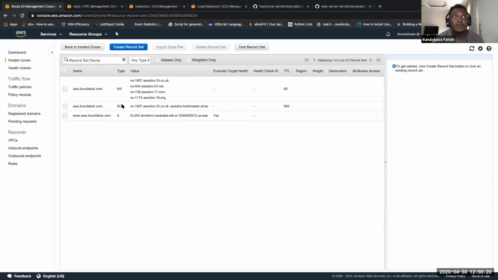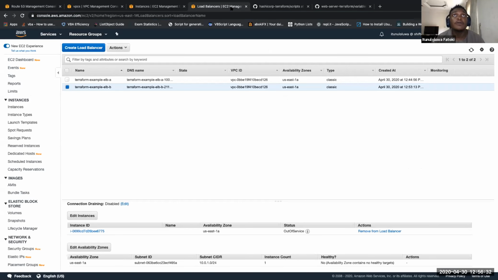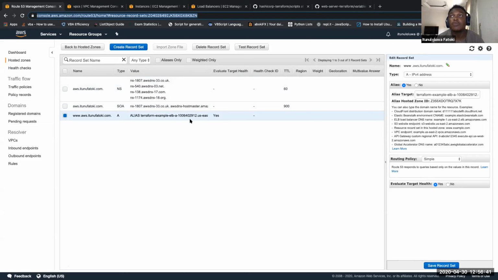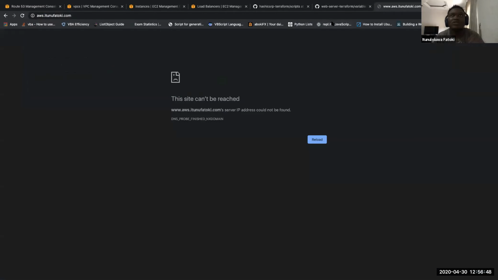Some DNS entries here. You see over here, this is the alias pointing here to the load balancer. All right, that is it. And if you look over here, this first guy is that load balancer. You see that that's Terraform example ELBA as it matches example ELBA over here. It's just not resolving for whatever reason. All right, let's try that one more time. Still not resolving. All right, so I'm just gonna go past that, and